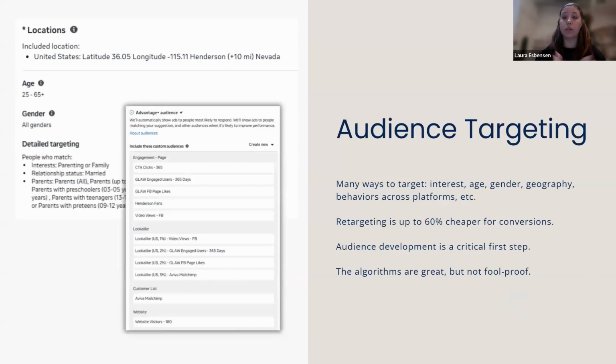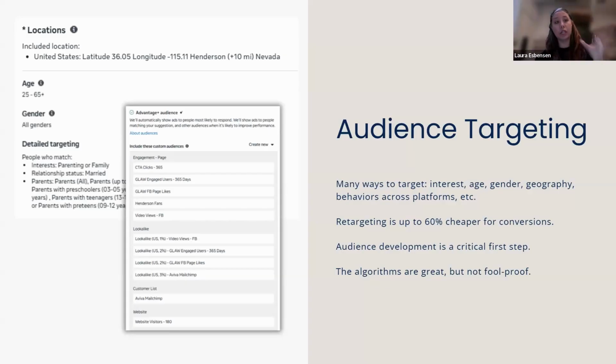Audience targeting. So this is not unique to Meta, but in Meta advertising, you can target across a bunch of different metrics. So age, interest, gender, geography, behaviors. Are they engaged shoppers? Are they engaged users? Are they, or have they watched your video recently? That sort of thing. This is a critical part of your ad campaign because retargeting is up to 60% cheaper